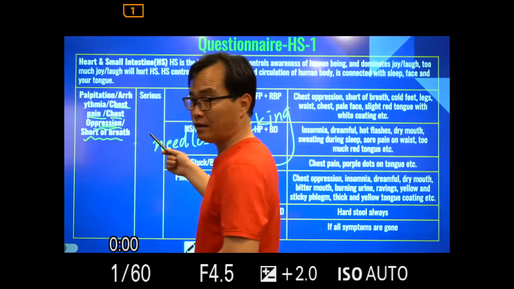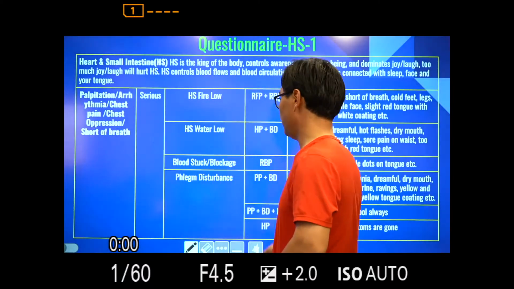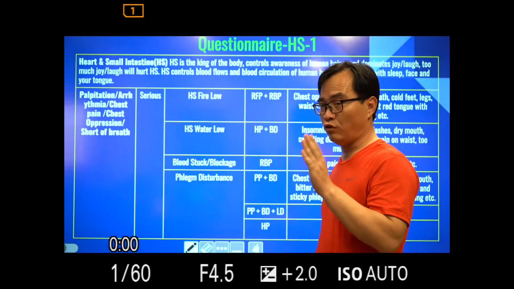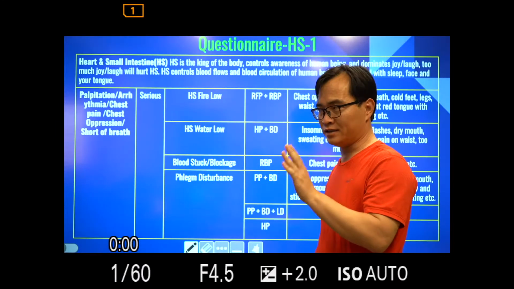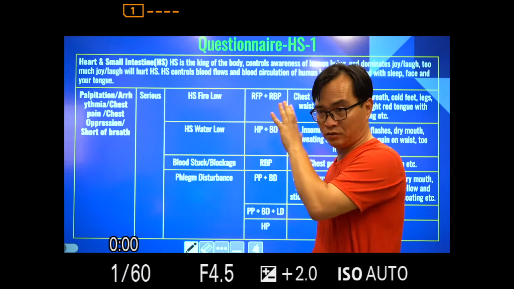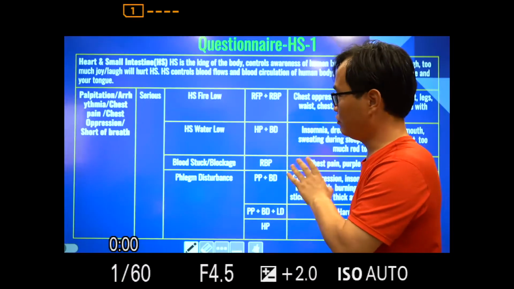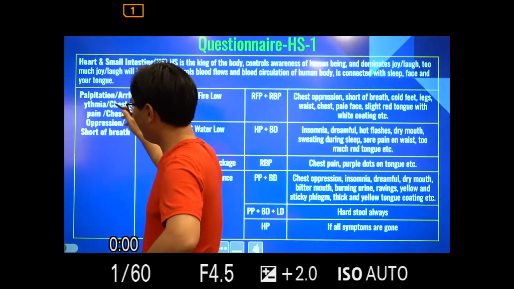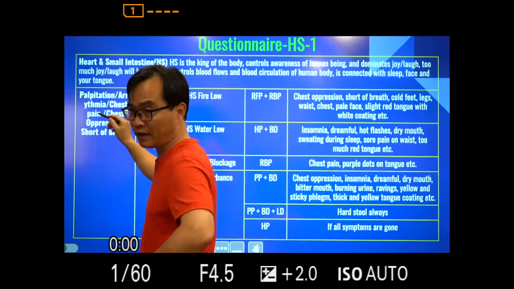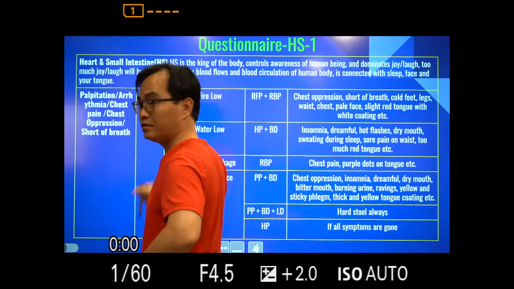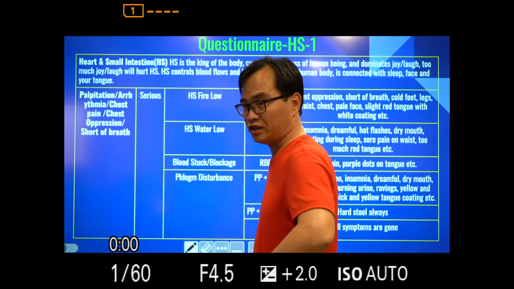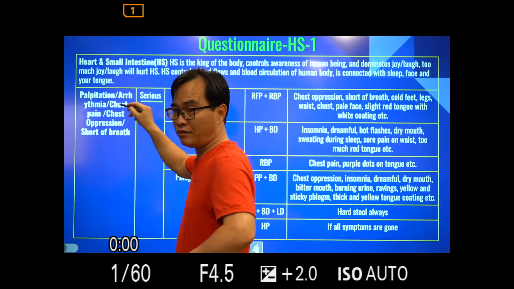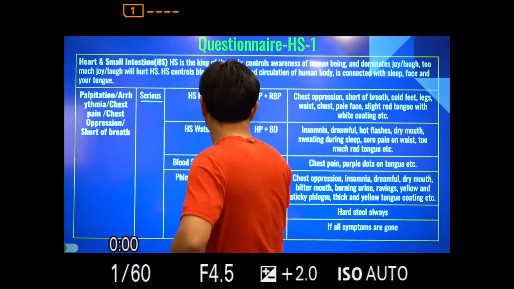Generally, it can happen together. Okay, it happens together. You know, for all the problems, actually, we need to look for the fire and the water and stasis and the blockage and phlegm and so on. So we need to look for those kinds of problems. If people have any one of these kinds of symptoms, anyway, okay, we put it together because they can be classified into these 6 items, and they have any one or any 2, any 3, okay, those kinds of problems. At the same time,